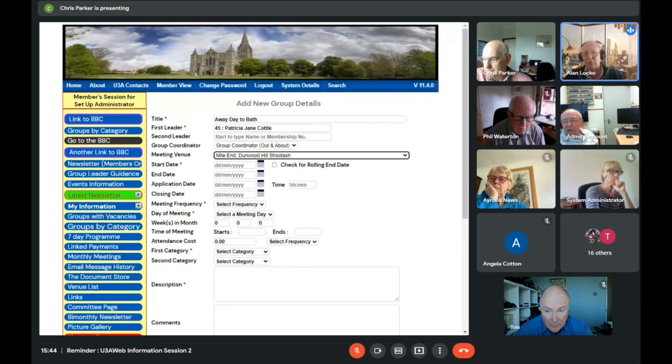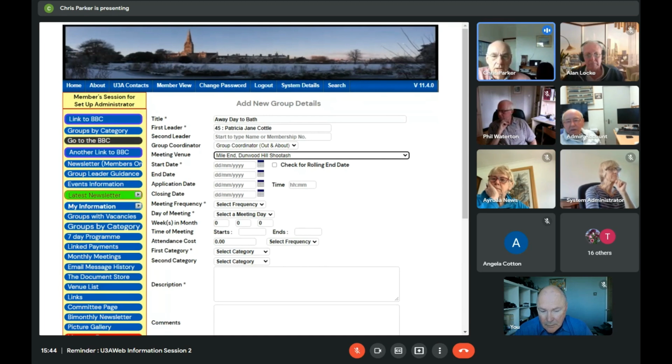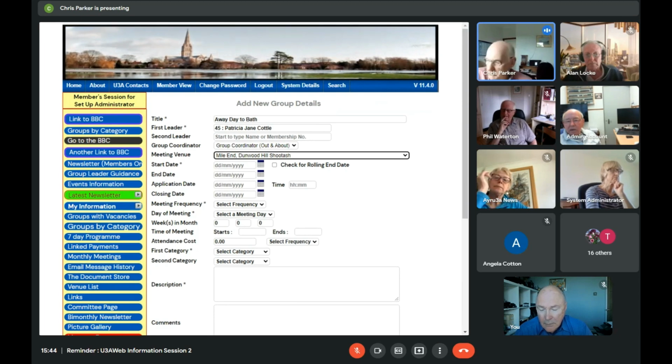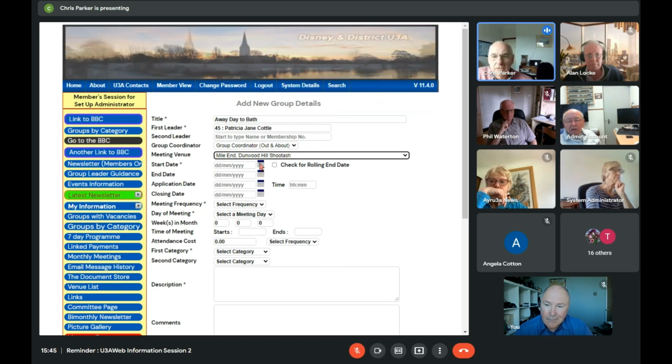Yes. Well, of course, you can have your group list by venue anyway. I think you can regionalize or show which groups are in which areas. But it's just another report, right? Okay. Start date, which is fairly obvious, just the day you want the group to start, and